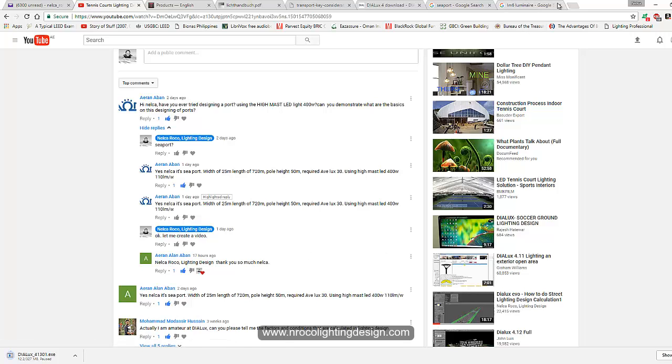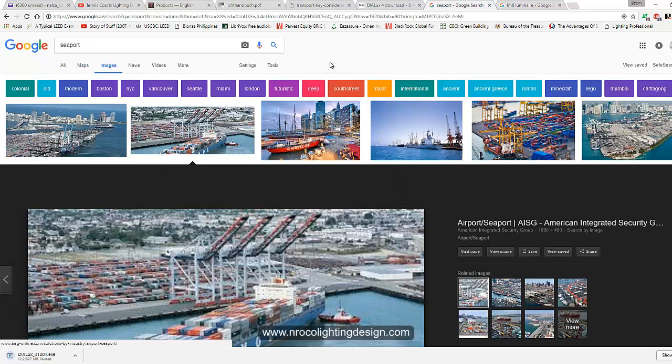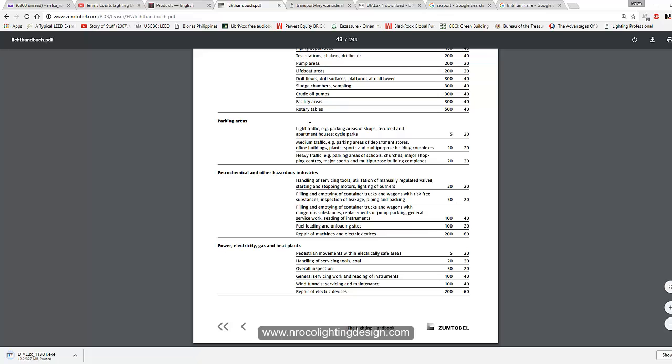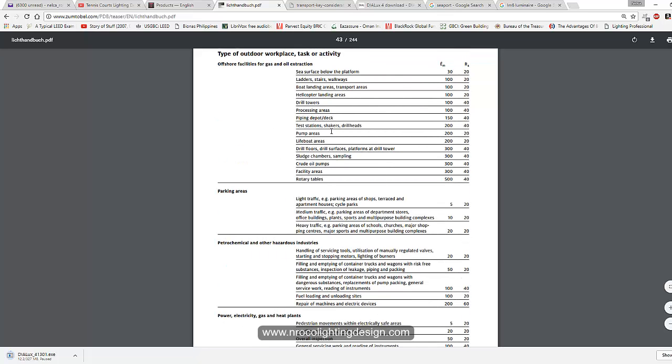Aside from that, you said that you need only 30 lux, but some seaports also require a glare calculation, which should be less than, I think... Let's go to the Zoom 12 lighting handbook and see if we can find the seaport requirements.